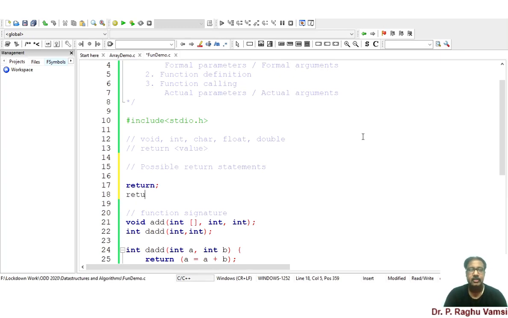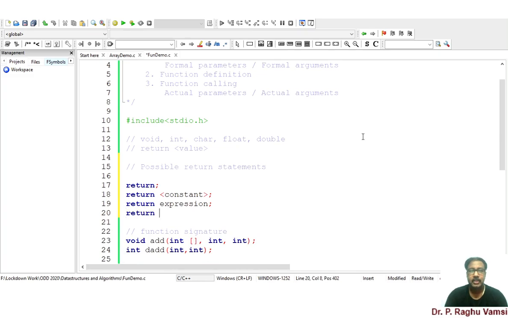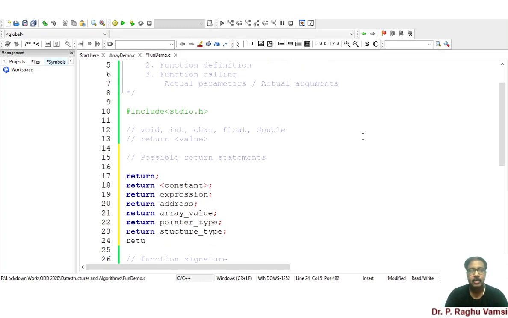You may use a simple return, or return some constant, or some return expression, return address, or return array value, or return a simple pointer type, or return structure type.